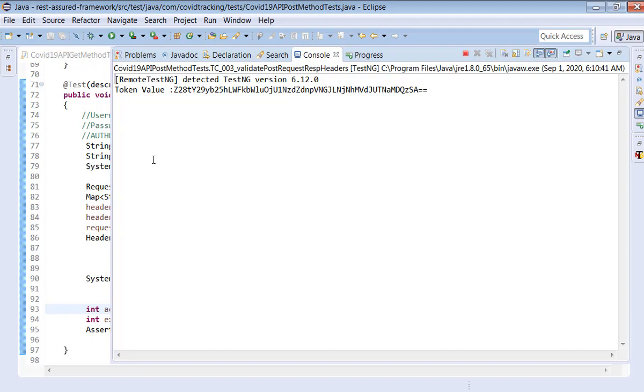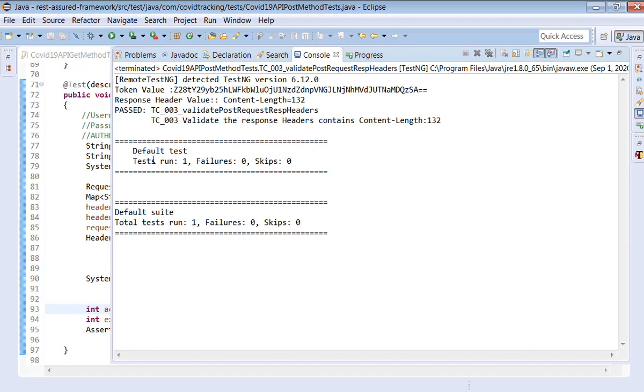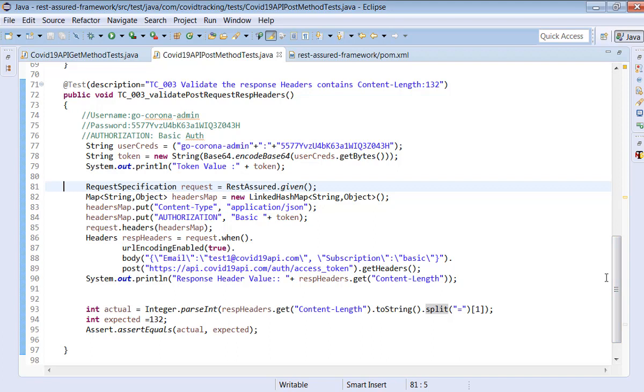Or else what we can do is, we can just print again and see what the outcome is, and write the logic accordingly. Yes, now it is working successfully. So sometimes we have to process the response using some string methods, like the toString method, the split method. Different methods are available as part of the string class. Now this test case is also completed.